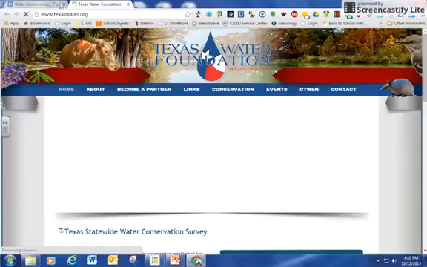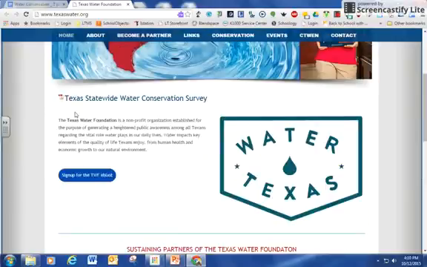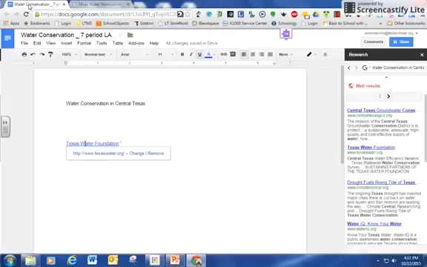Now, when you do that, you're kind of stuck going back and forth, reading this, seeing if there's something you want in there, and then coming back over here to your document to put it in. You're still jumping back and forth. To help keep you from having to jump back and forth like that so much, if you wanted to be able to look at both at the same time, there is this nifty little extension that you can get through